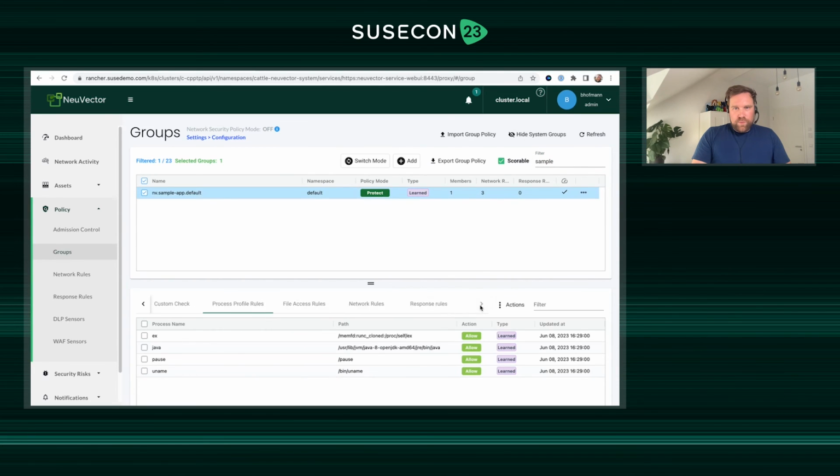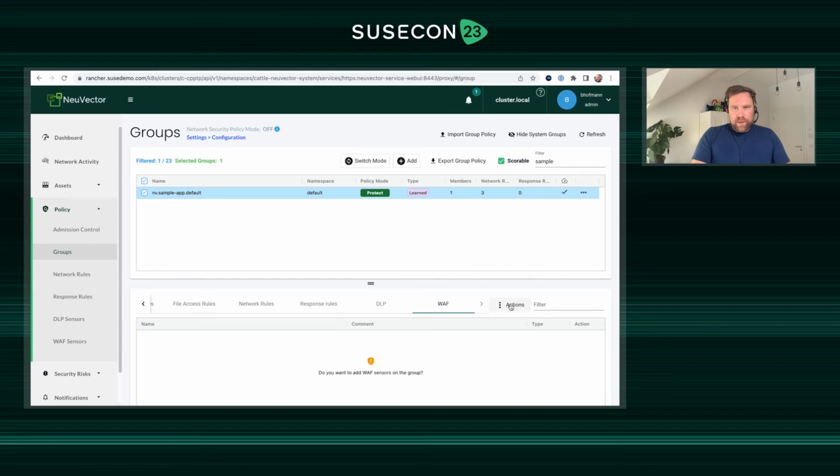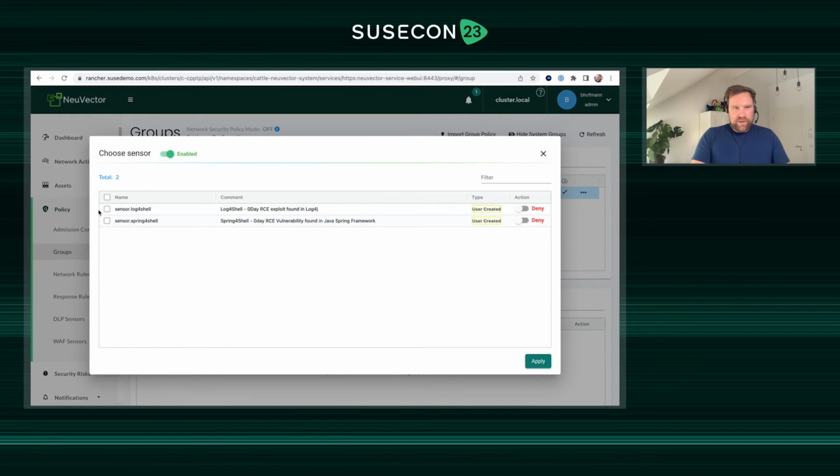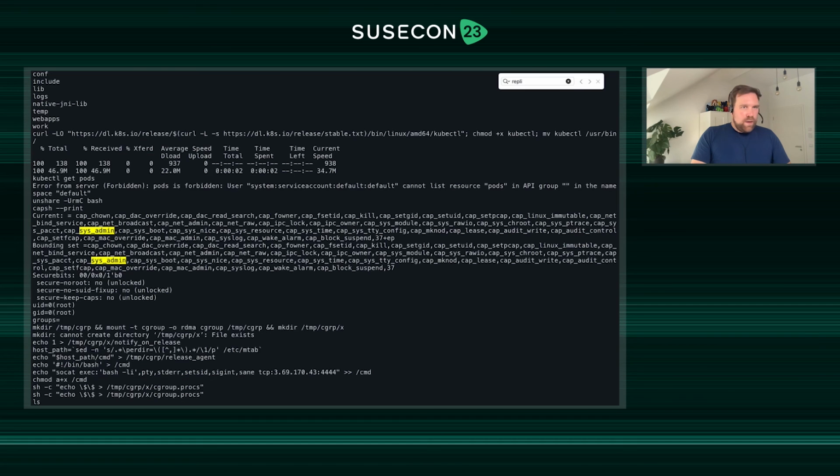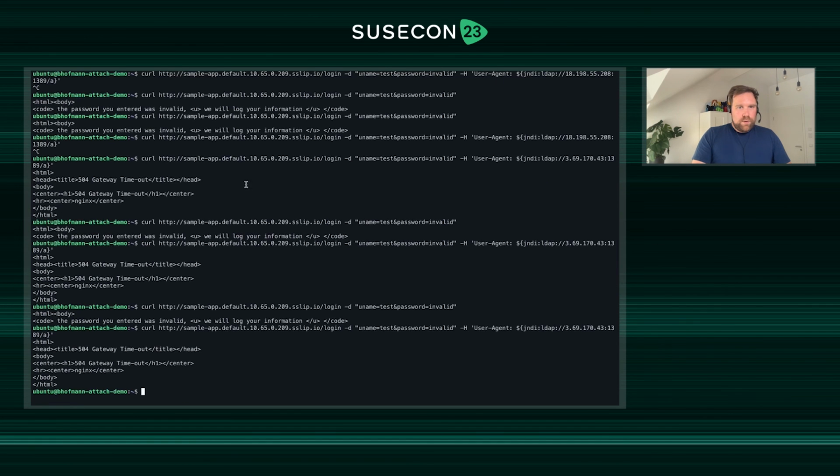Let's go to the WAF rules and activate our log4shell sensor just for our sample app. And now, if we do the same request again with our log4shell payload,